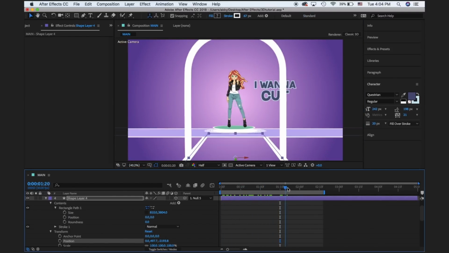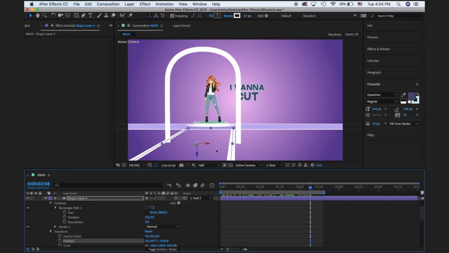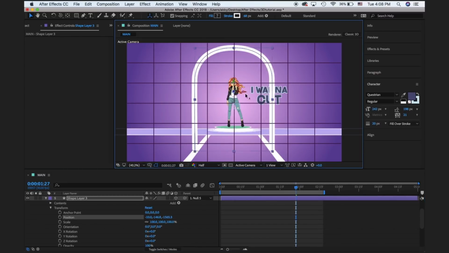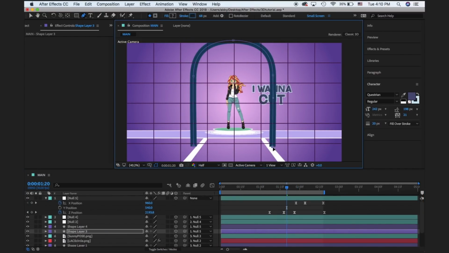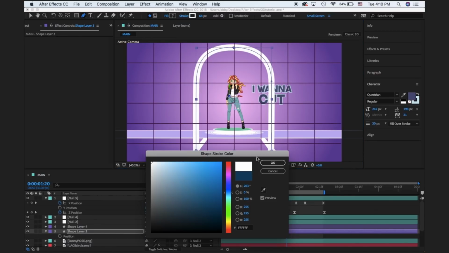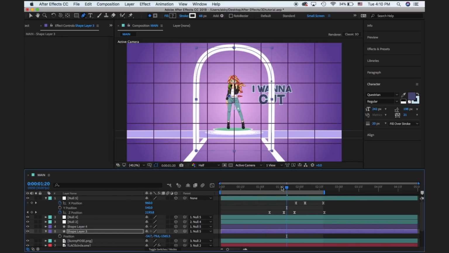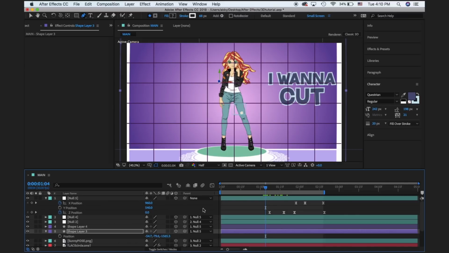When you're happy with how the position is, you may notice that there are some places that need to be adjusted. Unfortunately, this always happens with 3D, and the only thing that you can do is just keep experimenting and moving around your shape until it looks how you want. It's still not perfect, but it'll do for now. You may need to readjust its position again.